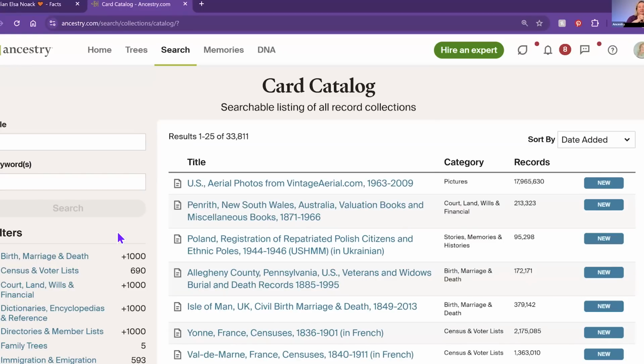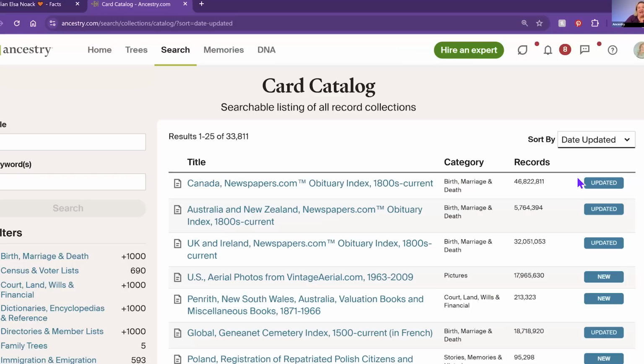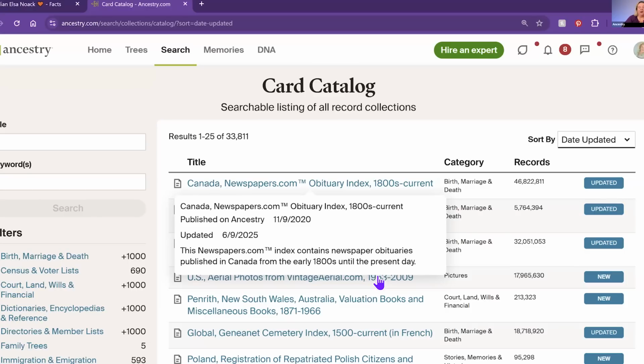Now, another little tip about the card catalog is check it often, because the default sort on this list is by date added. You can also switch that to date updated. And what will always show up at the top of the list in the card catalog is new, brand new, or updated databases of records on Ancestry. So very often we take existing databases and we add more records to them. In the case of the newspapers.com marriage and obituary indexes, for example,